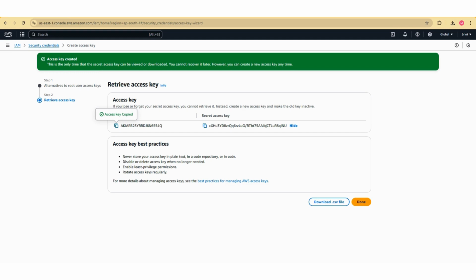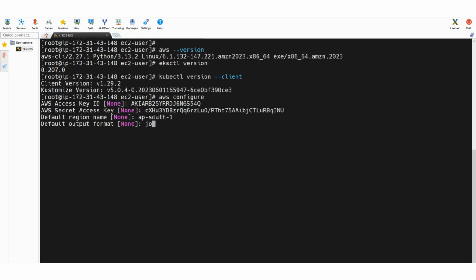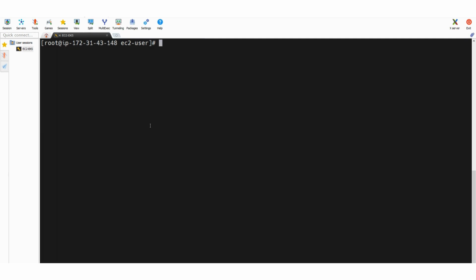Okay, so now I'll just give this as my input. So this is the access key, and this is my secret key, and the default region is ap-south-1, and the default output format is JSON, and that's it. So I have configured, which means that I'll be able to interact with my AWS account through